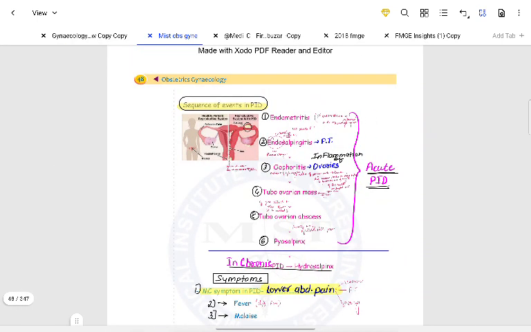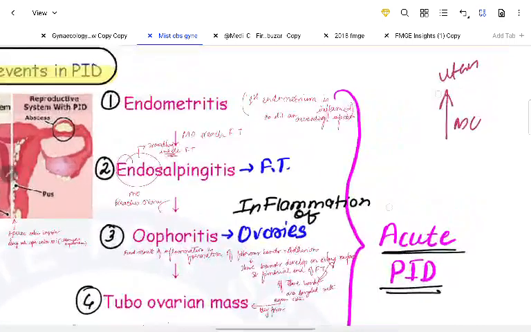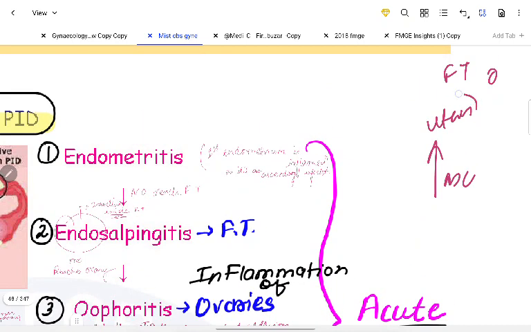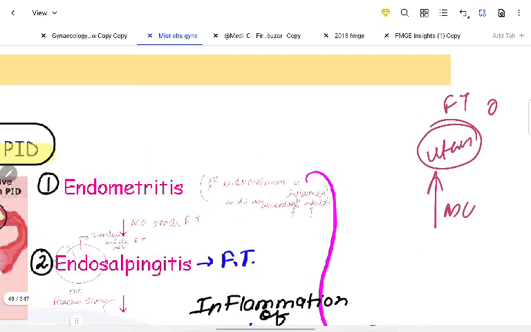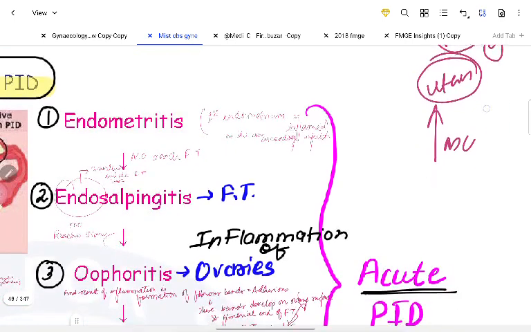Okay, now how the sequence occurs. First, endometritis, because the uterus is involved first. It is an ascending infection, right? So first the uterus is involved, then the fallopian tube, then the ovaries. The uterus becomes inflamed, so endometritis, the endometrium part. Fallopian tube, so endosalpingitis. Ovaries, so